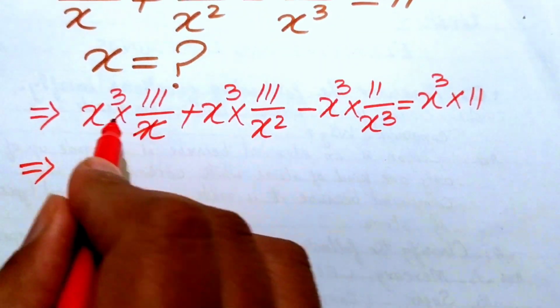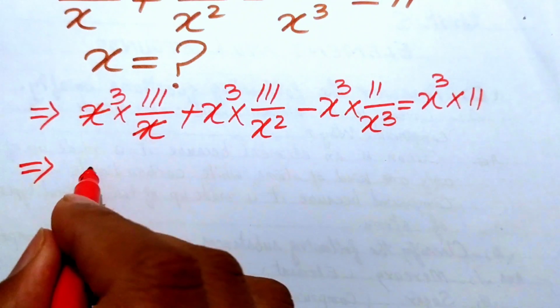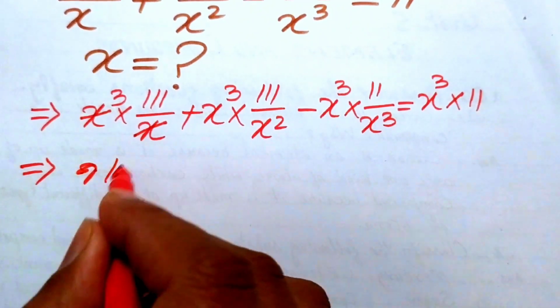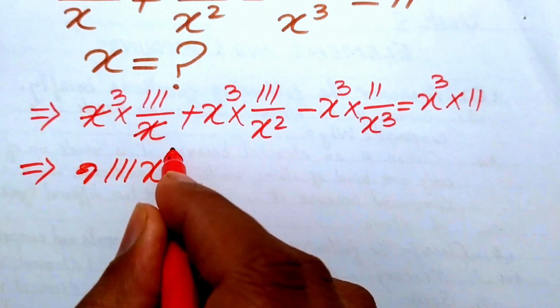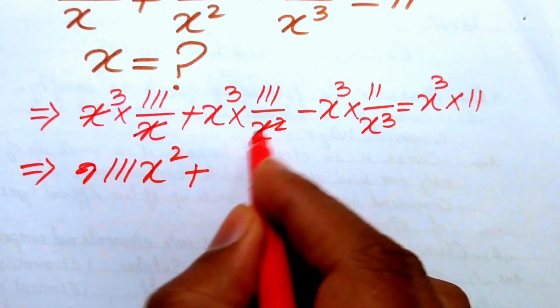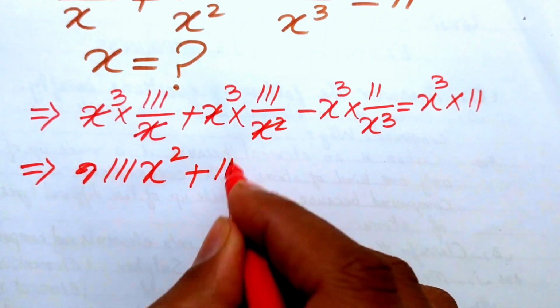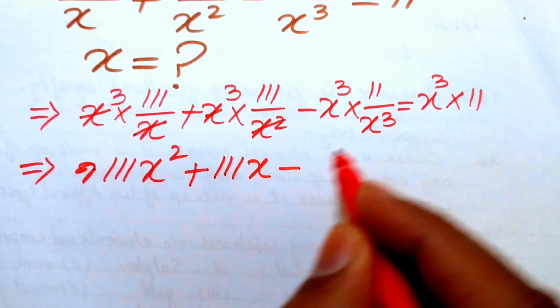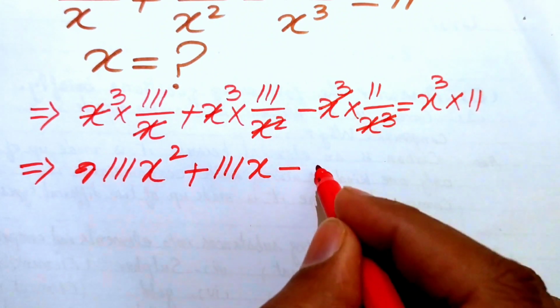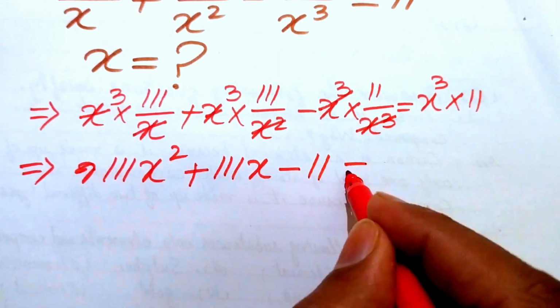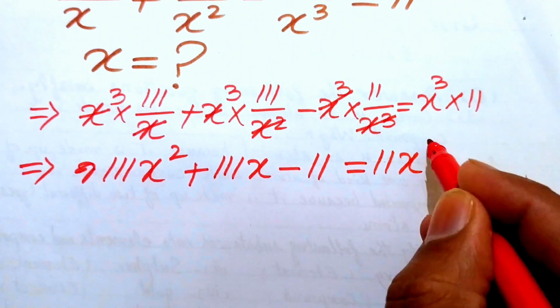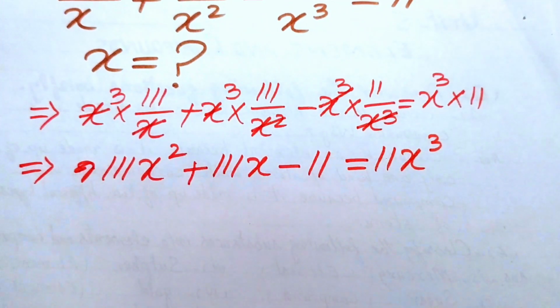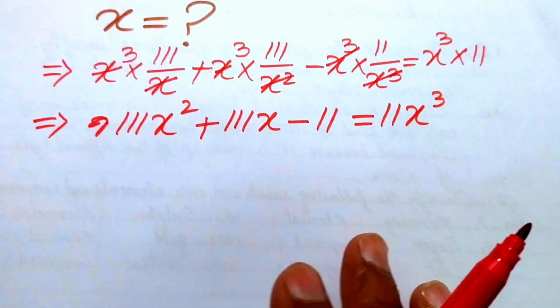Here you see that this one term is cancelled by this one, and we get 111 x square, plus here you cancel these two terms and we get 111 x, minus here we cancel these two terms and we get 11 equals 11 times x cubed. And now in the next step